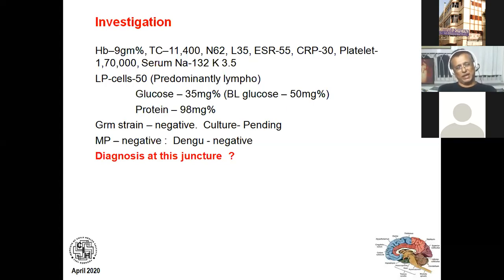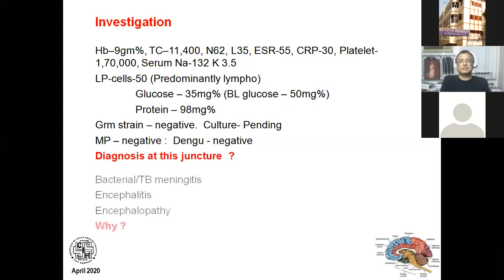And in case of viral encephalitis, the cell count varies from few to thousands. The protein is either normal or slightly raised, but in case of severe necrotizing encephalitis caused by herpes simplex virus, protein can be much higher. Glucose is usually normal, excepting in mumps meningitis. So at this juncture, the diagnosis is most likely a case of encephalitis. It is not a case of bacterial meningitis or tuberculous meningitis.